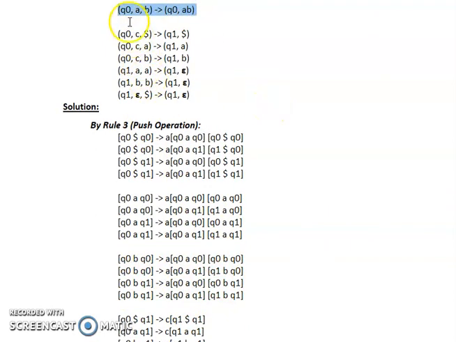Now, according to this transition, Q0 is copied in the starting of every production rule. Then the symbol B is copied as it is over here. Then Q0 is copied on the right hand side of the production rule over here. Then the input symbol A is copied over here as it is. And then we are going to write it for different values.